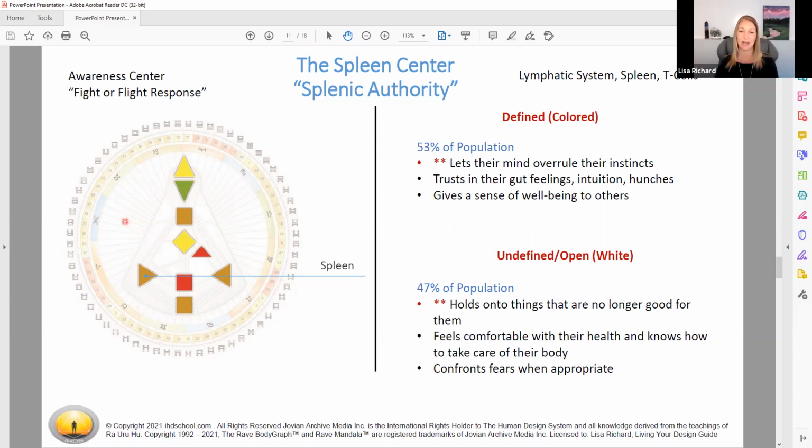Now, these individuals also know their health. They know their state of being. They know how they're feeling. And they intuitively know how other people are feeling. So if you have that center defined and others in your home are open and they're questioning you, asking you if you're feeling okay, you should probably pay attention to what they're asking you because they are picking up on something that you may just not be aware of. So again, this is a beautiful example of how our designs can all complement and help each other, how they just feed in and how they can be of service.